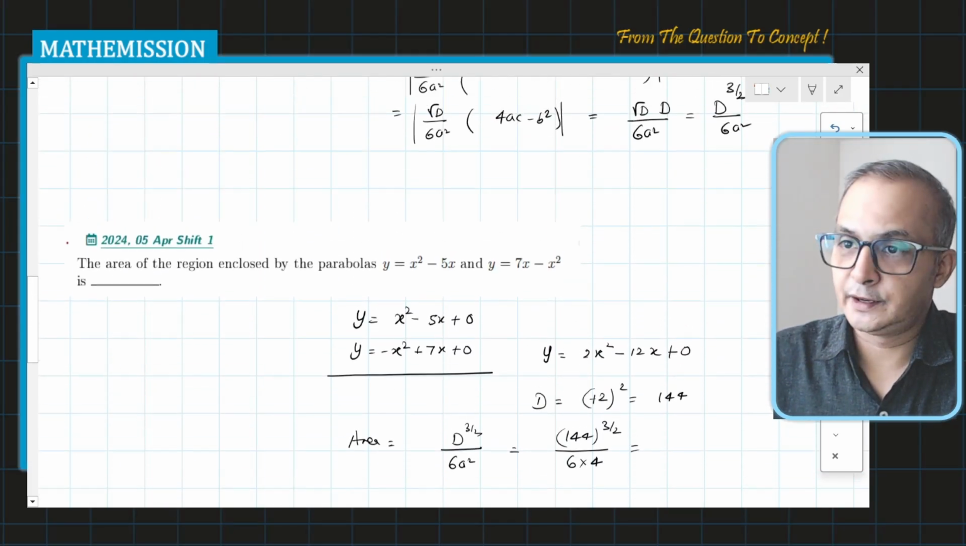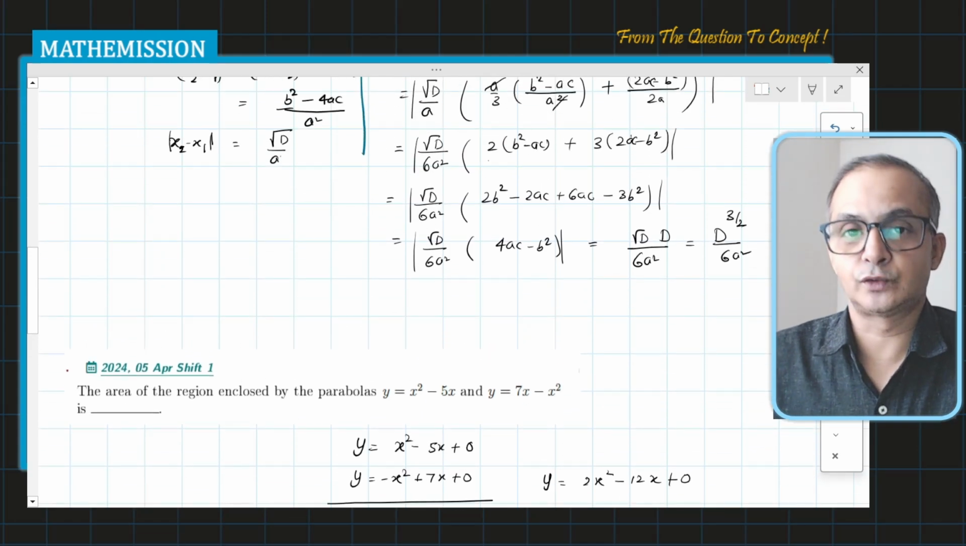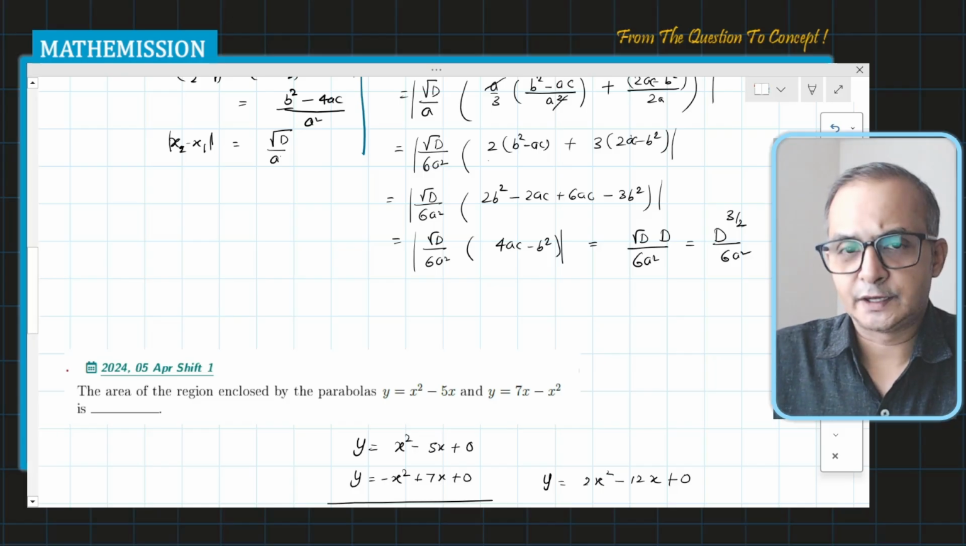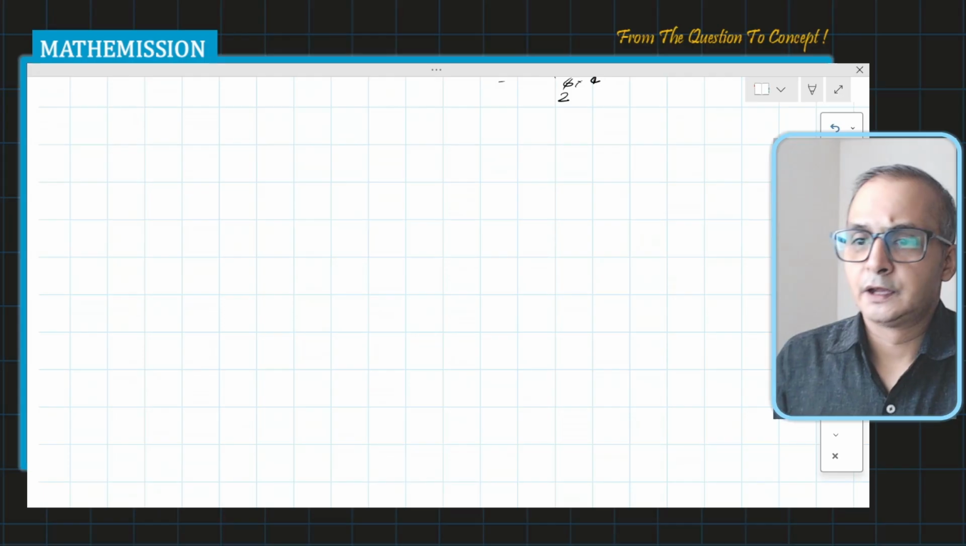I'm not recommending to memorize the formula, but I'm saying just practice a few questions in this way. The formula will be automatically committed to your memory. Let me take one more example to show you what is the benefit of it. So suppose you have